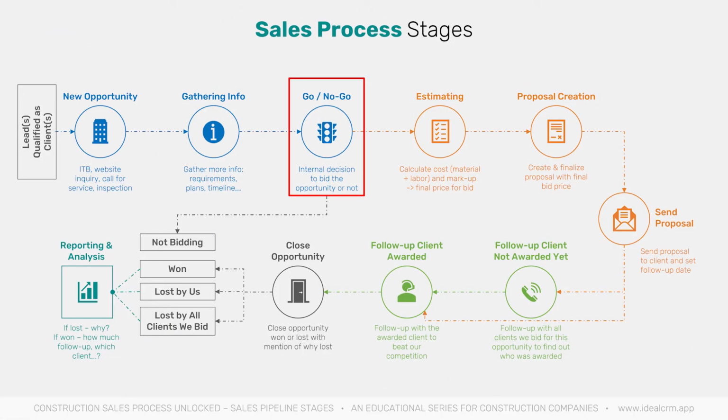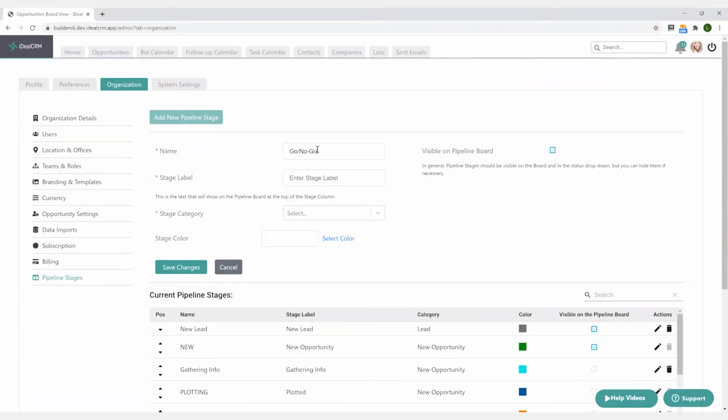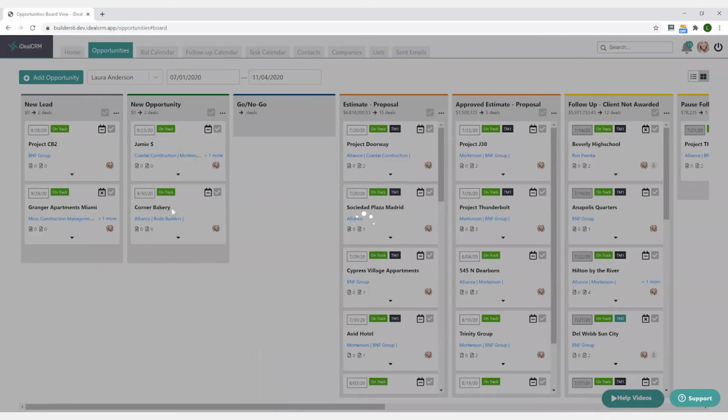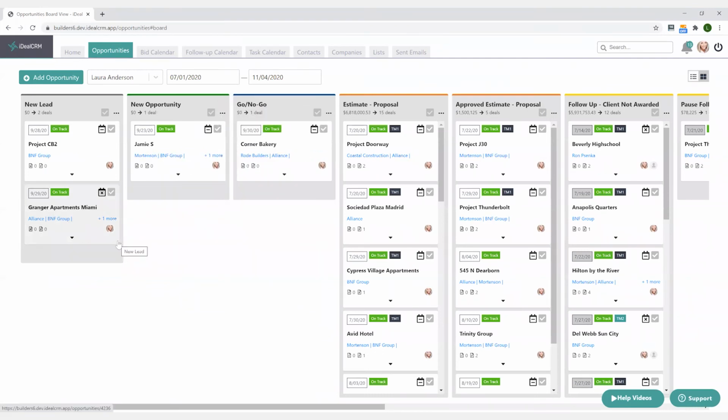If I look at my sales process diagram, I see there is a go, no-go decision-making stage that I don't have in my visual pipeline. So let's go ahead and add that in. I will go to Sales Pipeline Stages, add the new stage, and then position it where I want it to show. Now, when we look at our visual pipeline, we'll see this new stage. This is a great example of how easy it is to customize a sales pipeline with the right sales software